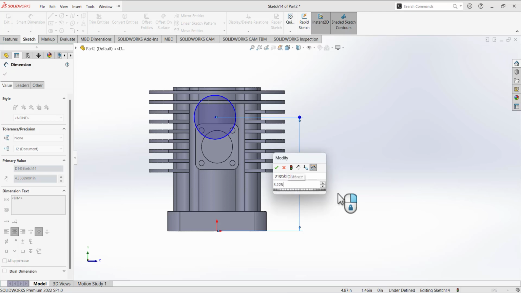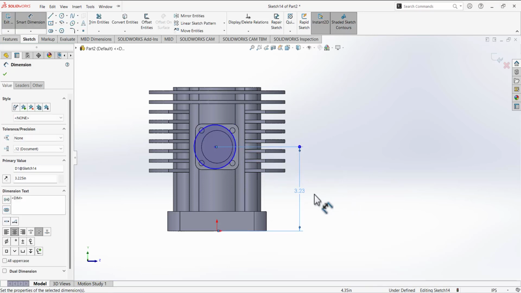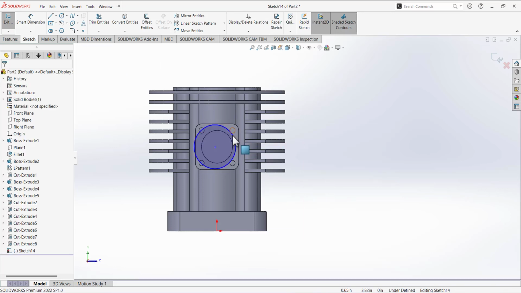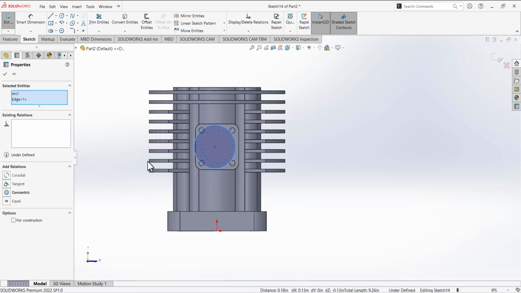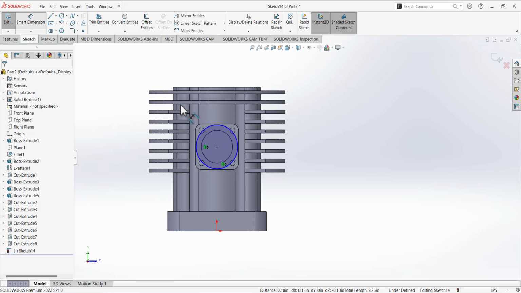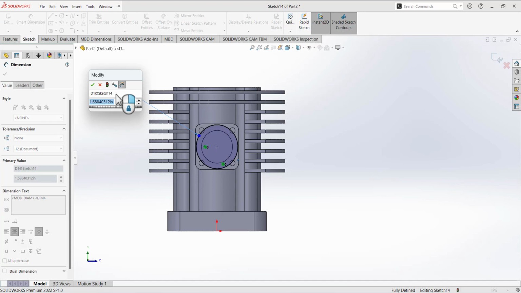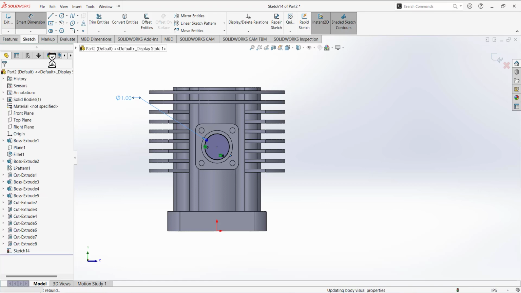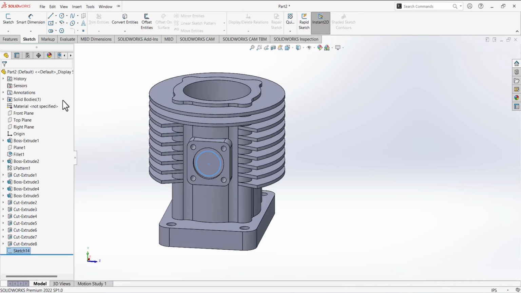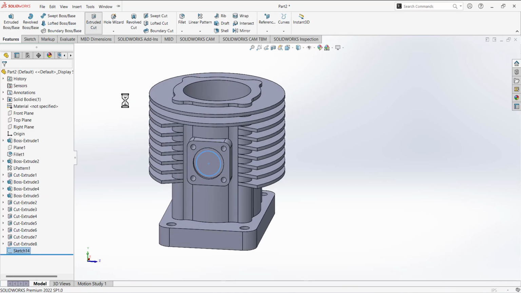3.225. So we just added this dimension, or the other way is that if we delete this dimension, press Control on your keyboard, select this center and this circle, sorry, not center, circle. So it will add a concentric relation between them and then define the diameter of this circle. So this diameter is 1. Okay, exit the sketch and same way we are going to go to feature and extruded cut and under